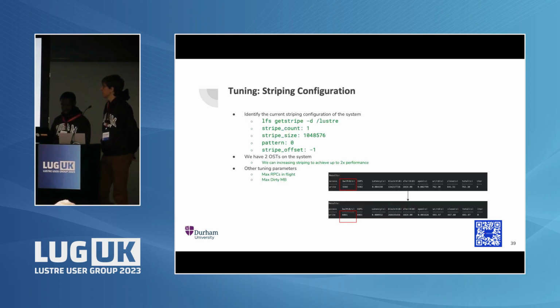Now, moving on to tuning the striping configuration, here are the commands that we run and the variables that we were interested in. By tuning all of these variables, by first of all enabling striping with the available OSTs on the system, which were two, we were able to get about a 12% improvement, from about 5.5 gigabytes to 6. We were also able to look into other tuning parameters such as max RPCs in flight and 30 megabytes, which